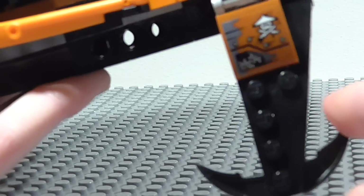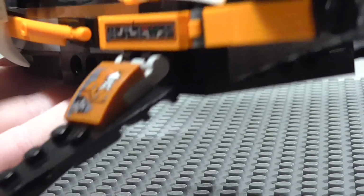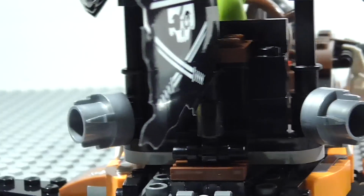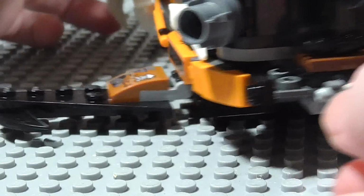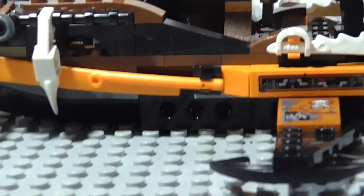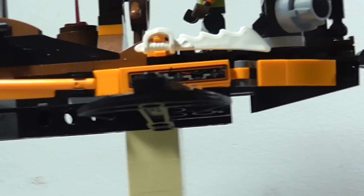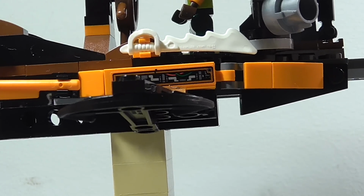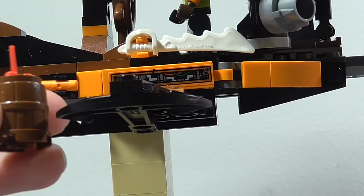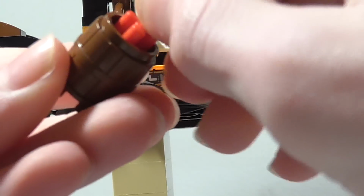Now these bits with the anchors can move up and down, and at the back you've got these which can move as well. Now the main play feature of this whole set comes from this. What you can do is pull that back, and then the dynamite, if I just support this whole ship up on something. Now that I have this supported, when you pull this bit at the back, the dynamite drops out of the actual ship,